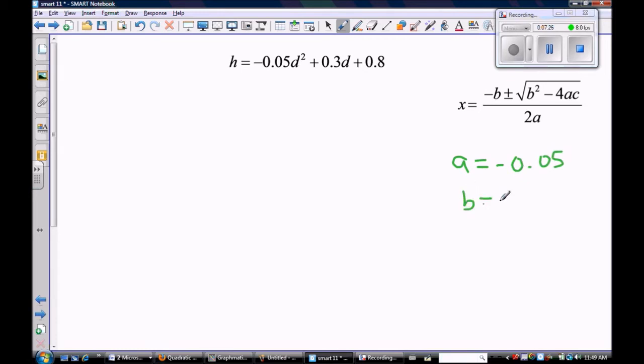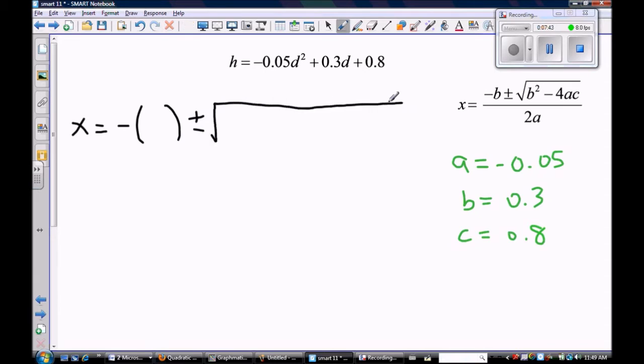The value of B is 0.3. And the value of C is 0.8. So there's A, B, and C. And now it's just substitute and be good at math, right? So x equals negative b plus or minus the square root of b squared minus 4ac divided by